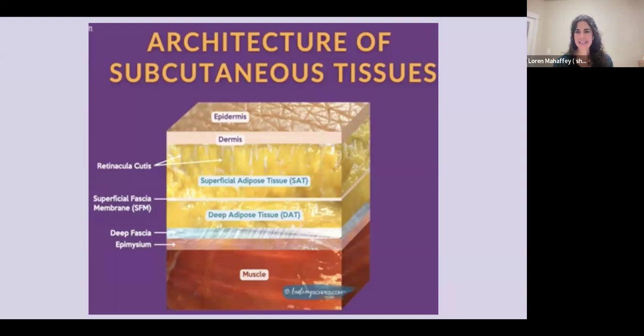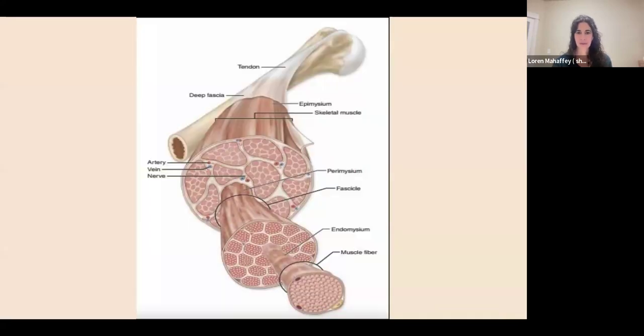Deep fascia is one layer superficial to the epimysium. The epimysium is the most outer layer of myofascia, of fascia that surrounds the muscle. And so as we dive now into the myofascia, just recognize that this is where we are when we look at that most outer layer of the fascia that surrounds the muscle. So here, we're going to look at all the different layers of the myofascia and every single muscle fiber.